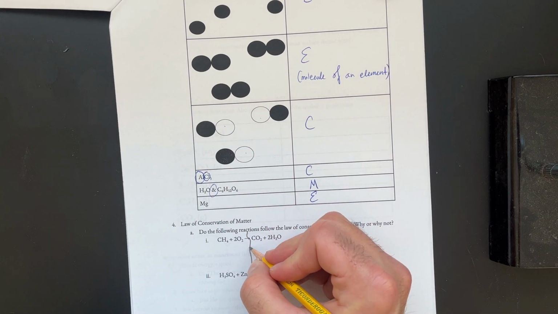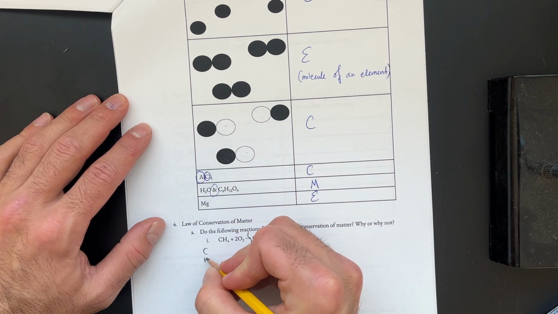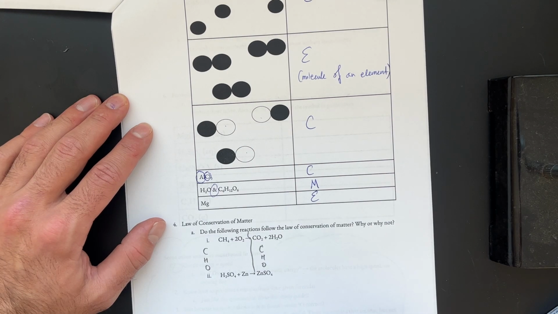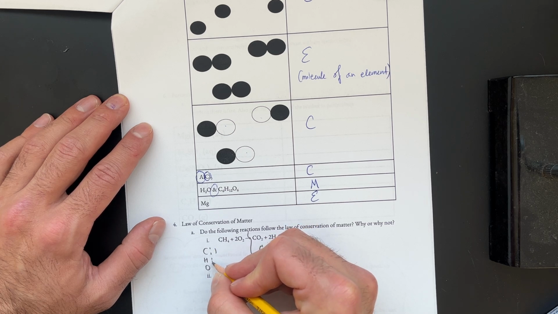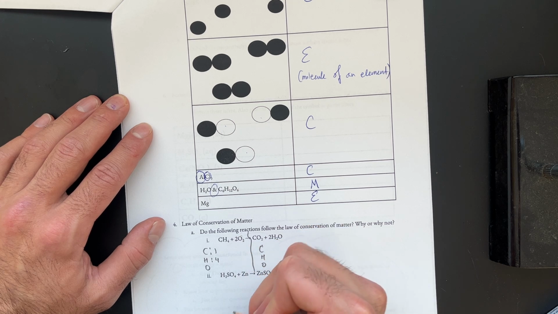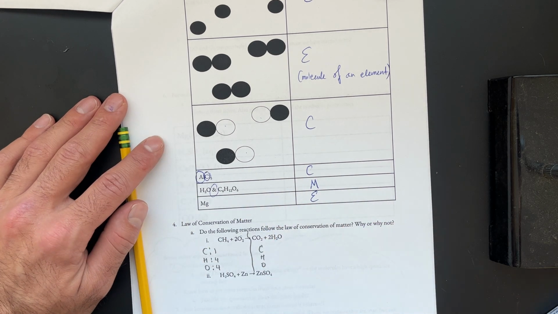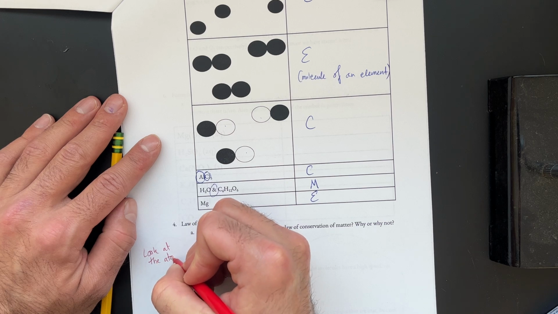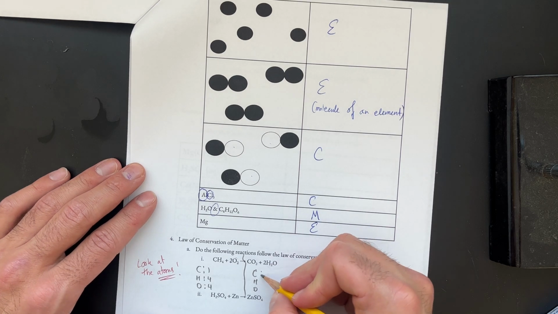And so for me, what I do is I kind of think, okay, well, I have C, H, and O here. And here I have C, H, and O as well. Cool, okay, so far so good. But how many C's do I have? I have 1. How many H's? 4. How many O's? Well, do note, okay, this is O2, but there's 2 O2s, so we have 4 O atoms, okay? It's all about the atoms, okay? So let me write that down for you guys. Look at the atoms. All right, so 1, 4, 4, and then here we have